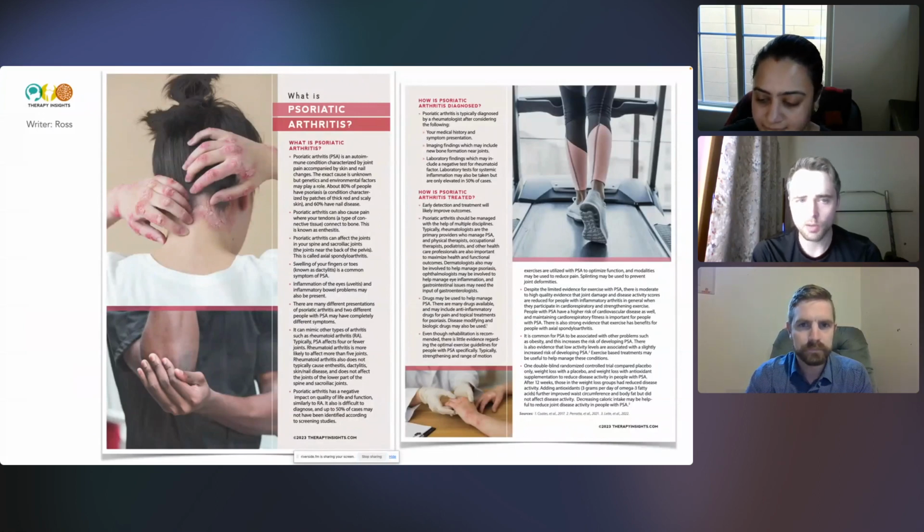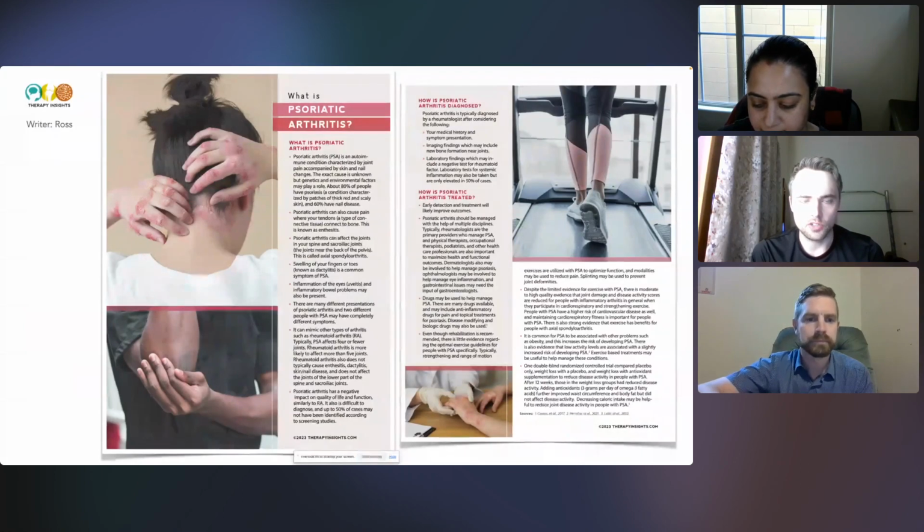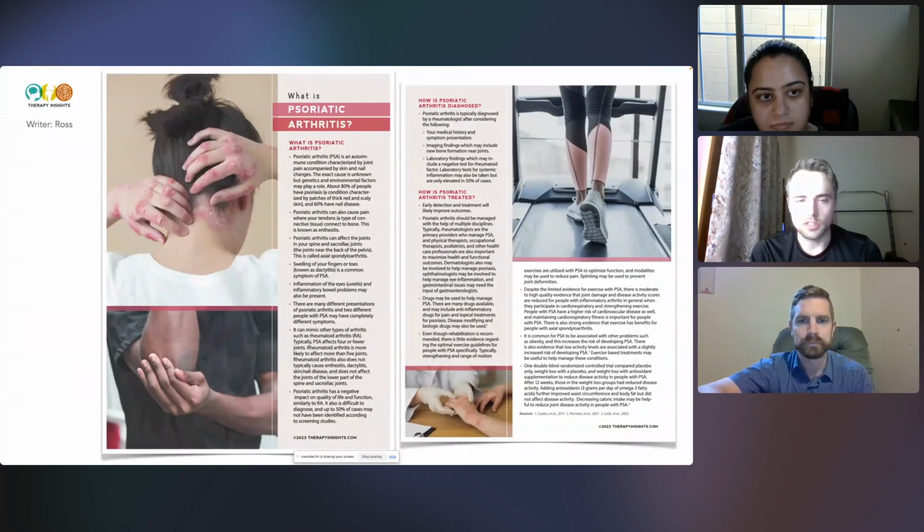So it talks about what psoriatic arthritis is and how it's an autoimmune condition characterized by joint pain and skin and nail changes. About 80% of people have psoriasis with it, and this typically is near the joints with psoriatic arthritis. And then around half or a little over half have nail disease as well. It can cause enthesitis or tendon pain where the tendon hooks in near the bone, and can also cause axial spondyloarthritis, which is similar to